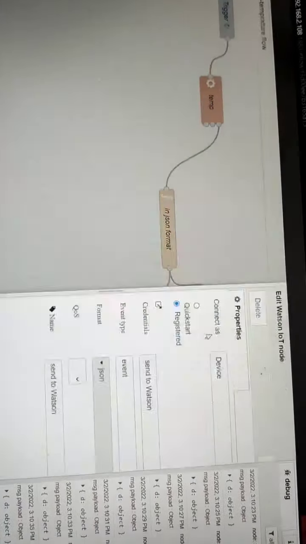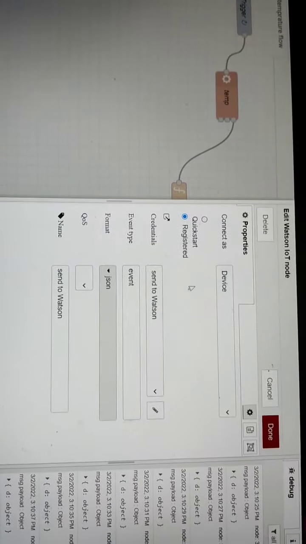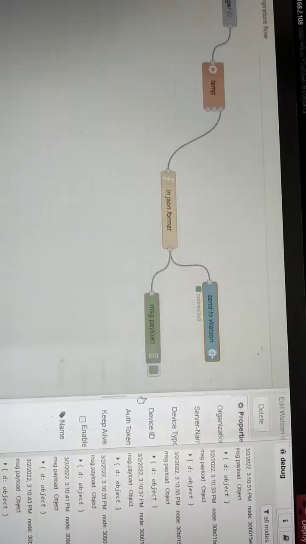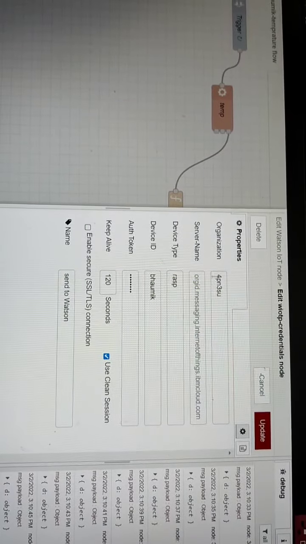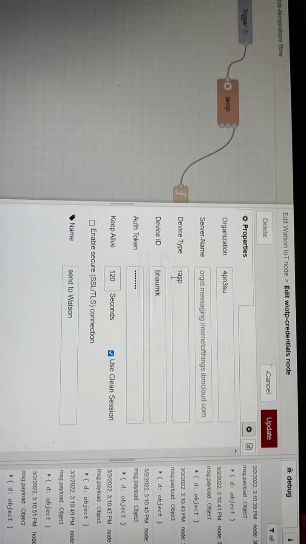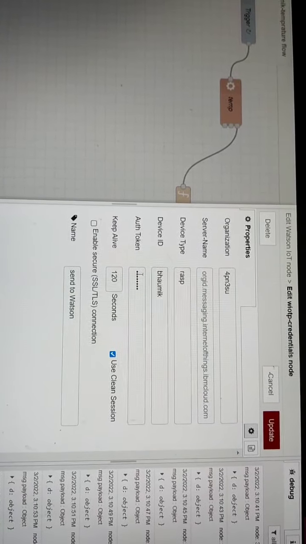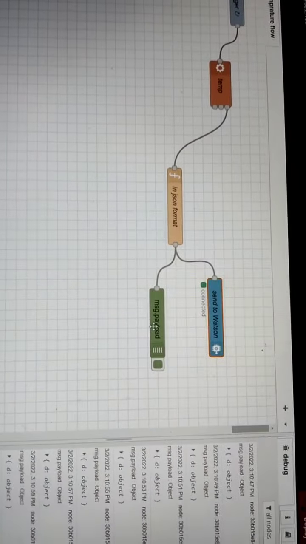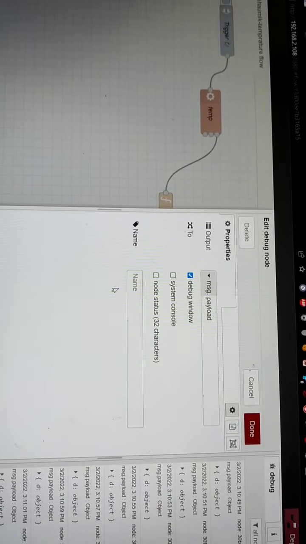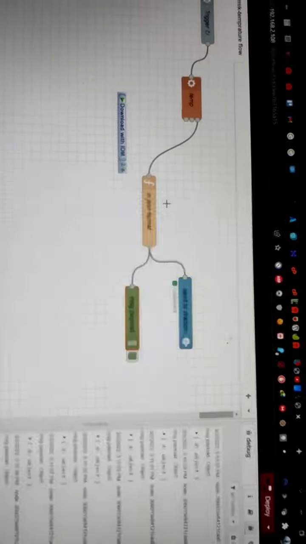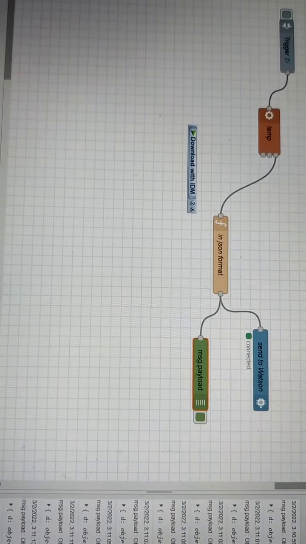Now I will be showing you send to Watson. Watson, you can see we have to set as a device, and there is a credential that we have to enter to connect to the Watson. So as you can see in the Watson, these are the credentials that I have got from the Watson account. I'll be showing you later regarding this thing. And this is the debug node that you can see. There is nothing we have to do. It shows the output that we have seen over here in the debug, that the program is running correctly. So now moving forwards,